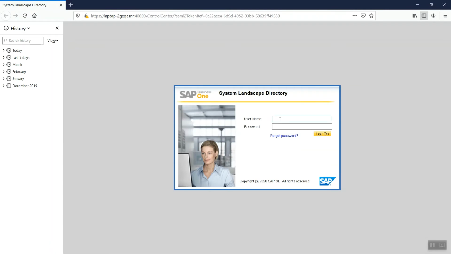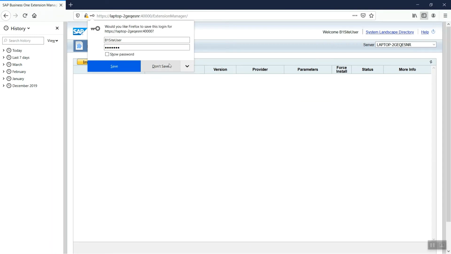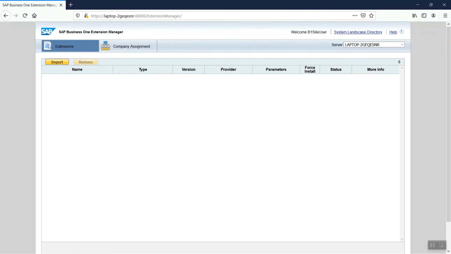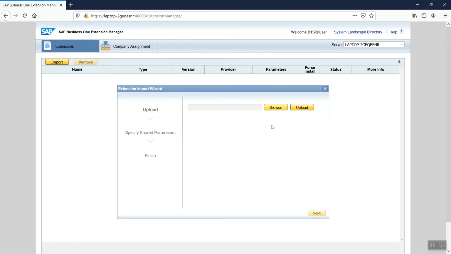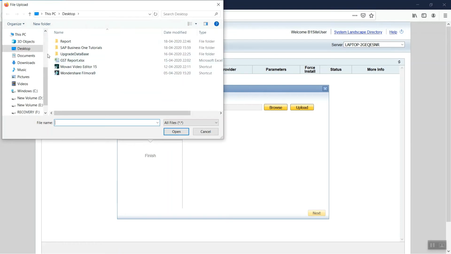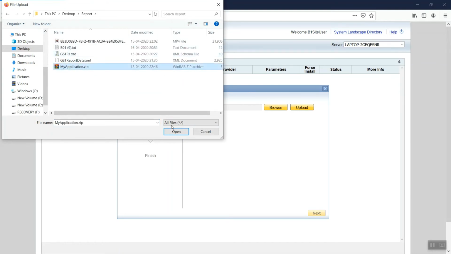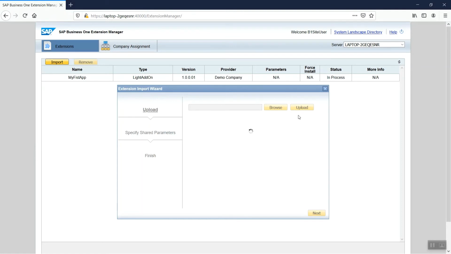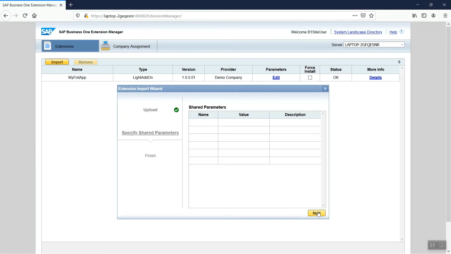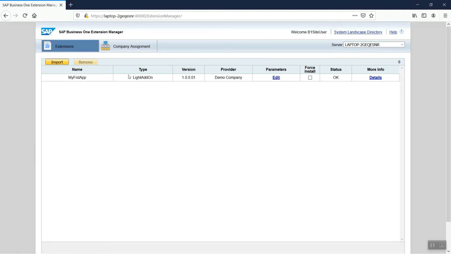Once you have done that, you need to log in with the B1 site user. Import your add-on. Next and finish.